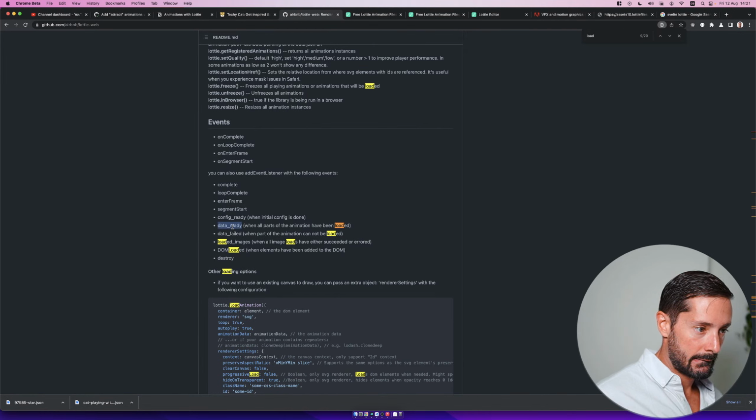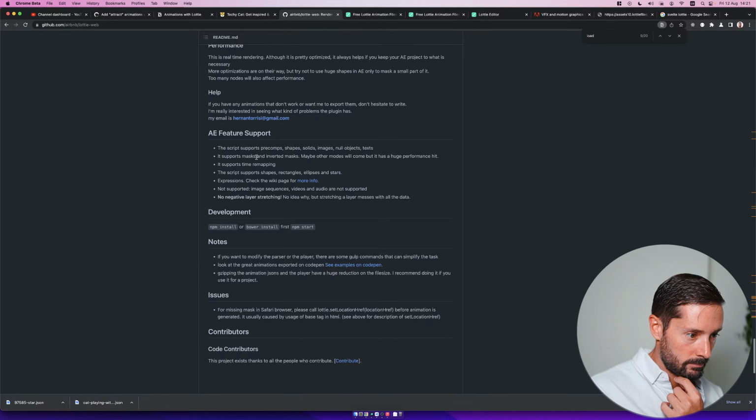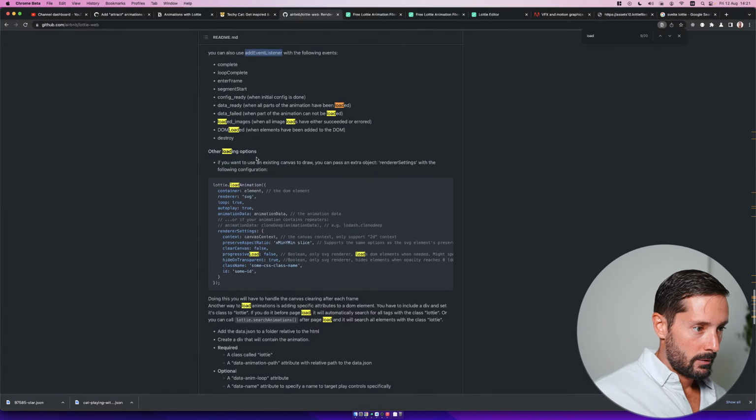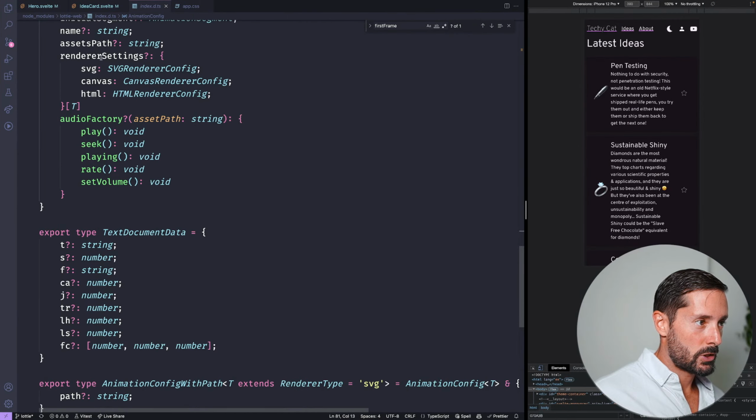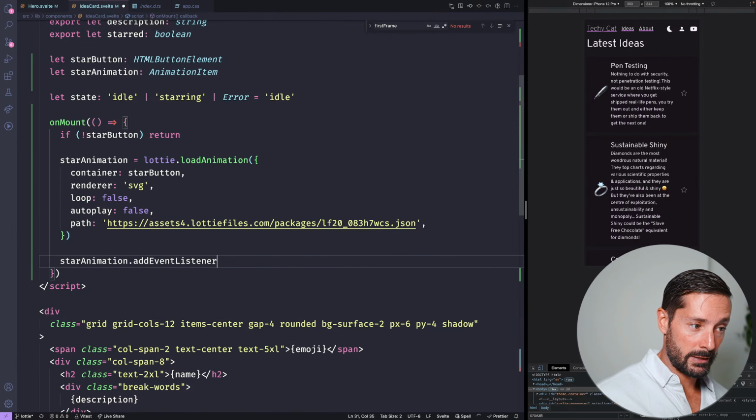Data ready, add event listener, it says here. All right, so let's try to have an event listener in there and see what happens. So star animation, add event listener,